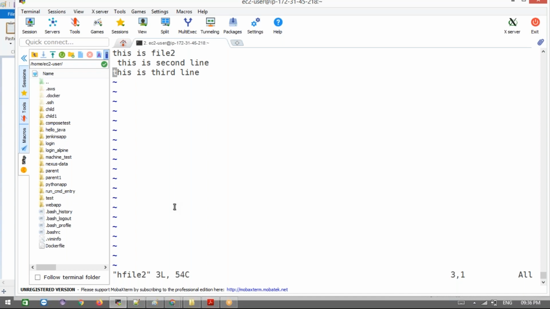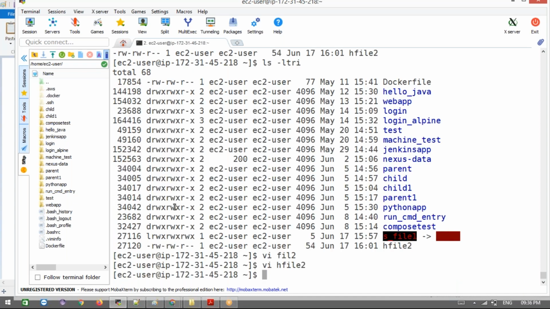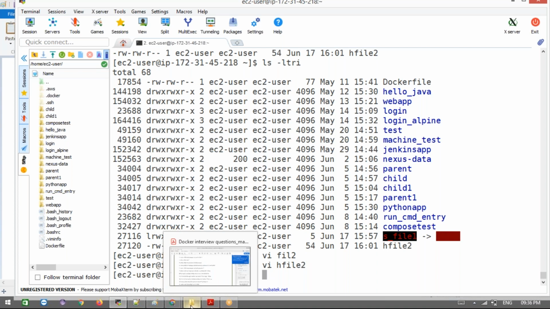Yes. This is very difficult to understand. Even in interviews they will ask this question many times: what is an inode, what is a soft link, what is a hard link? These are the main questions asked when you go for any DevOps interview or Linux admin interview. Keep in mind, this is very important: the difference between hard link and soft link, and the inode value. Clear, guys? Then we are going to discuss the sed command today.